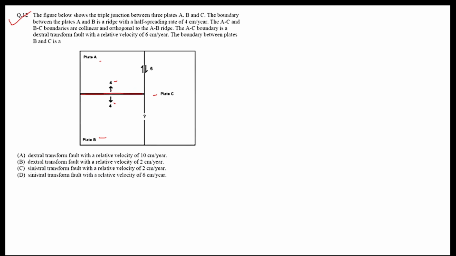MORB. So it is a half, right? Plate is being divided into two parts. That's why we call it a half spreading rate. So half spreading rate is what? 4 centimeter per year. The AC and BC boundaries are